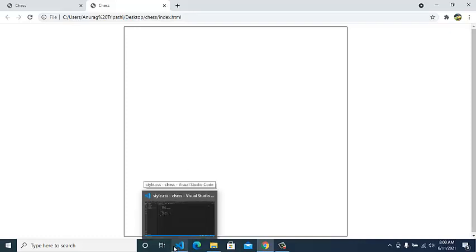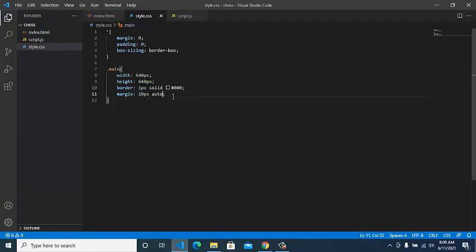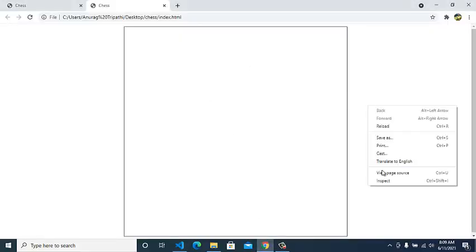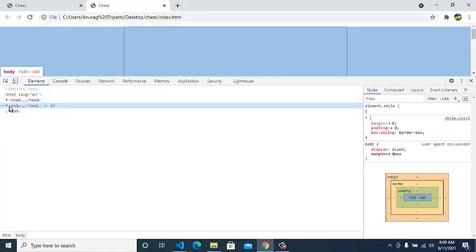Okay, now what we have to do, we have to give some width and height to our column, and then we have to fill the color. But before that, we have to tell our main div that whatever divs are there in this main div, when you go over here, this is the main div.